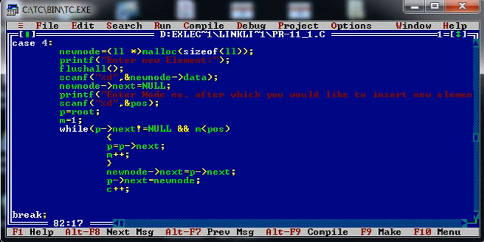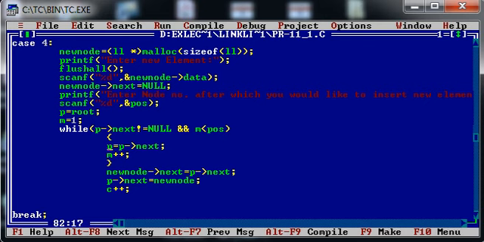Okay, so let us assume that I would like to insert a new node after the third node. So in that case, how many times do I need to traverse? Right now my P pointer is at the first node.